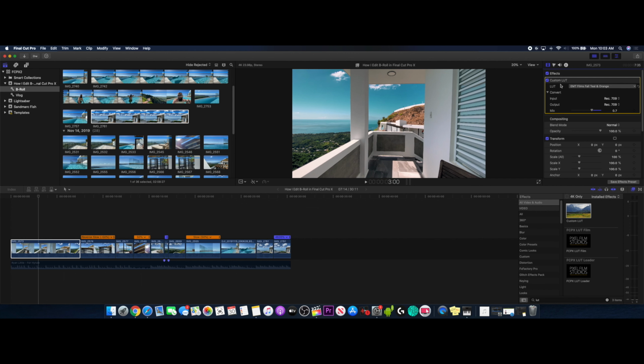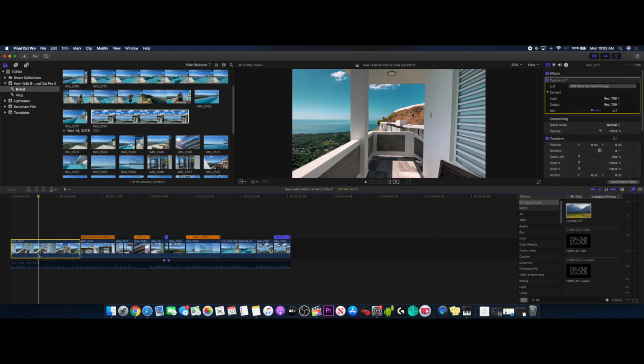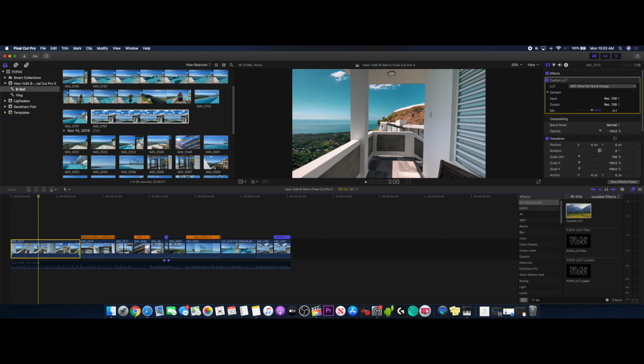But now that I have that LUT applied to that specific clip, I can go ahead and repeat that process. Having said that, sometimes this might not be the best approach because I want to build my entire timeline and then I have to pretty much apply the effect to everything. So I often like to use what we call an adjustment layer. So I'm just going to go ahead and undo the effects that I've applied to that clip by deleting it